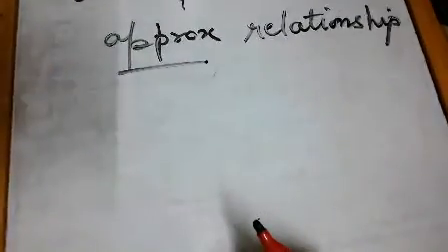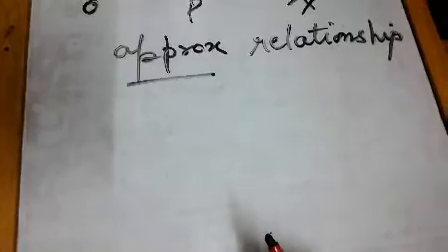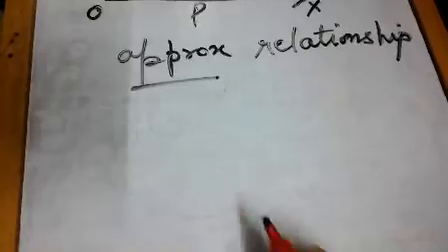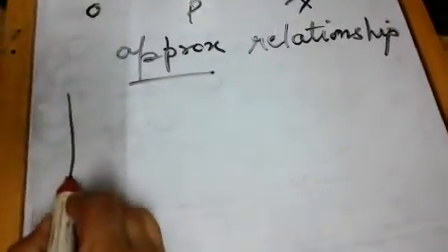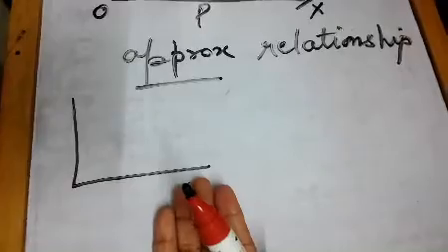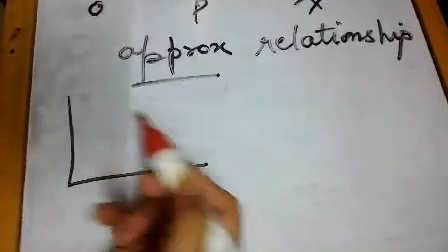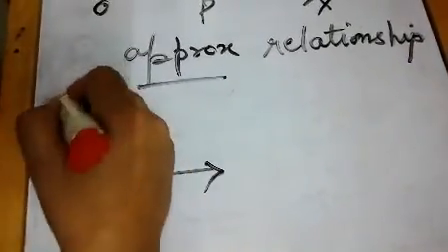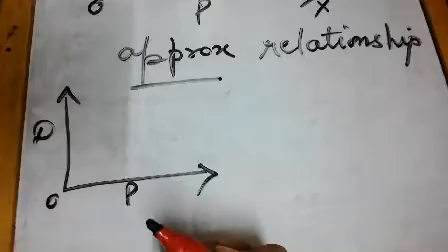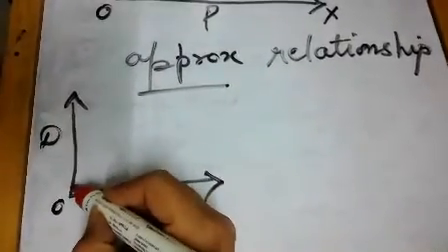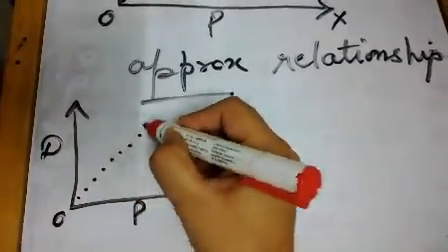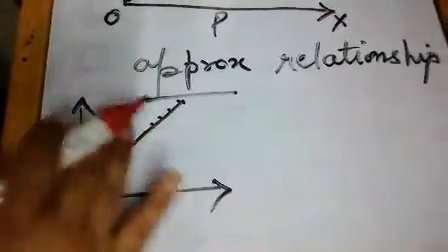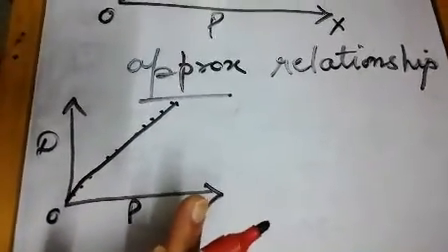So children, mainly 5 types of scatter diagrams can be obtained from the data given to us. The first and foremost is when we have a set of values, suppose demand and price is given to us, and when we plot that data we get all the points lying in just a straight line. They are not scattered on either side of the line.